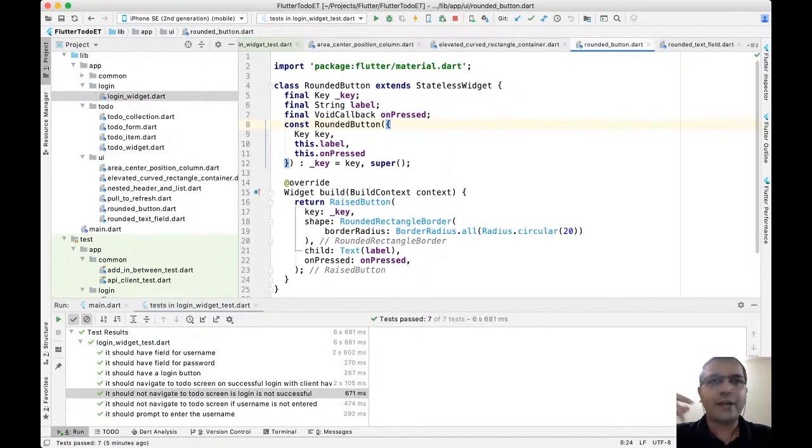Write code for that. Keep writing more tests to describe extra behavior, and as you write those tests, you write the subsequent code to make the tests pass. And in this process, if the code gets too complex, or if there is a lot of repetition in the code, you end up refactoring them first into different methods and eventually grouping the methods in the class, etc. And that's how you go about it.